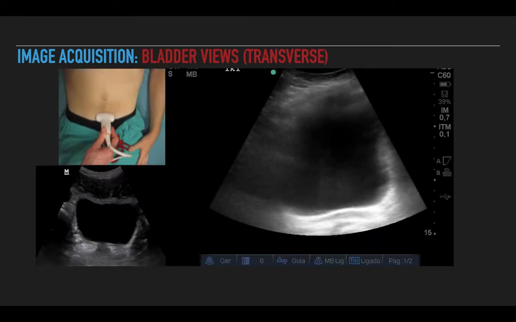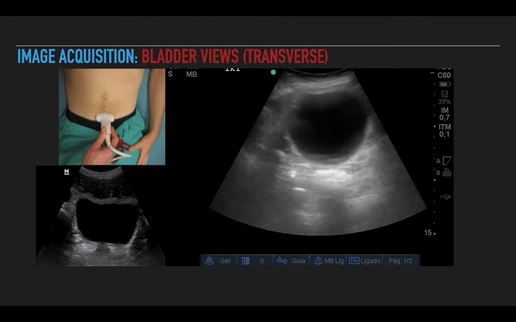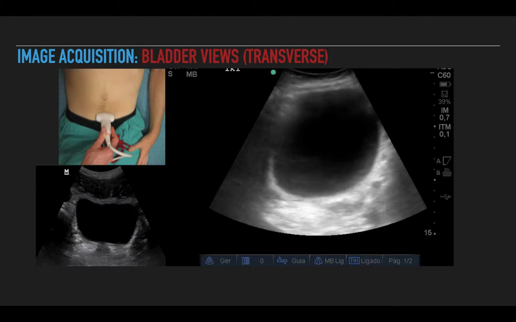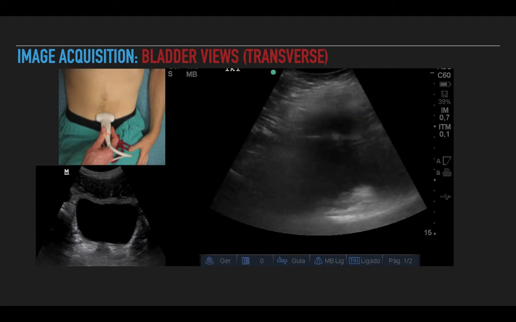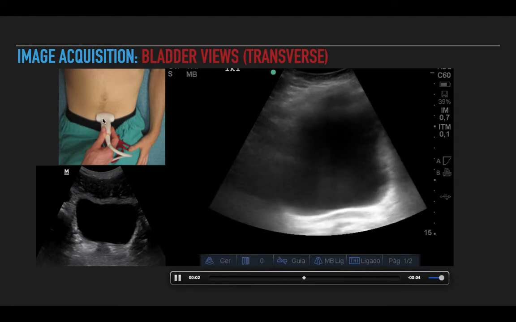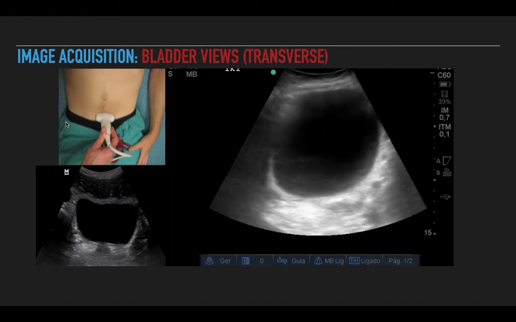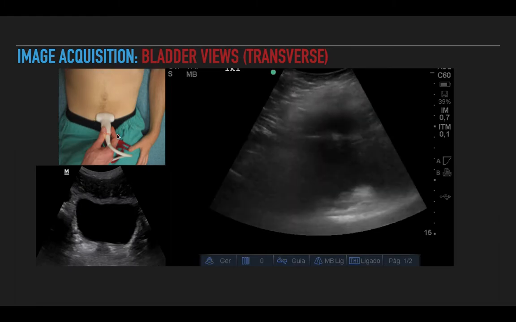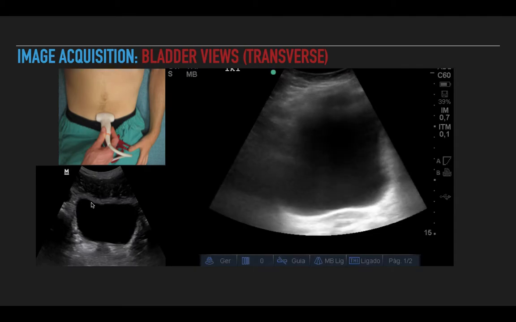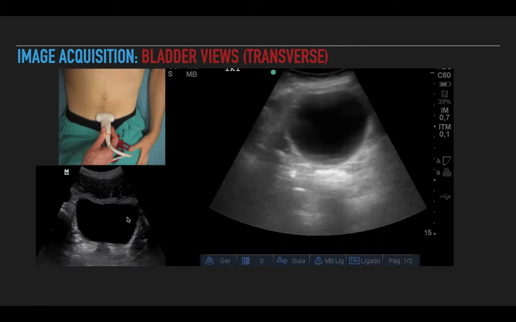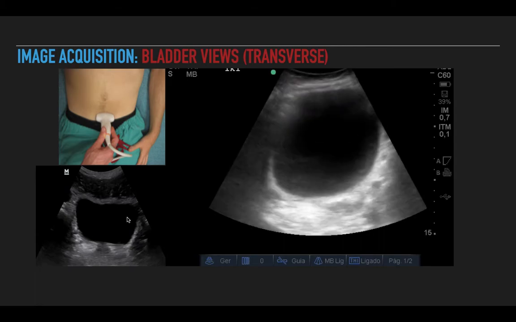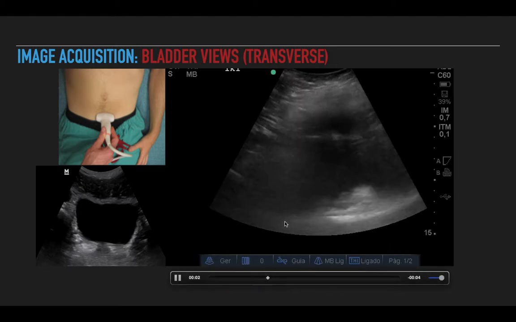Moving on to the bladder. The bladder for most people is going to lie just behind your pubic symphysis. So when you're placing your ultrasound probe, you're going to place it just above the pubic symphysis with the indicator pointing towards the patient's left side. As you do this, you are going to have to tilt the probe into looking into the pelvis, and you'll notice that the bladder is going to appear like so, especially